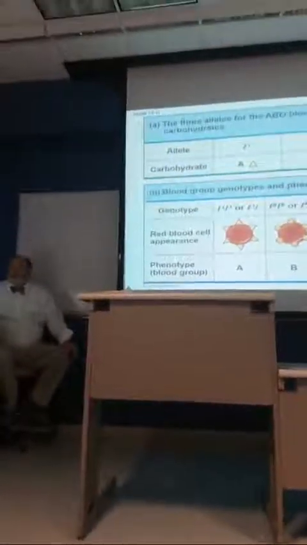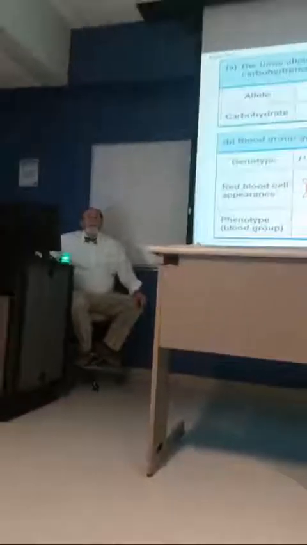How do you determine which alleles the offspring will get? I mean, either the first one